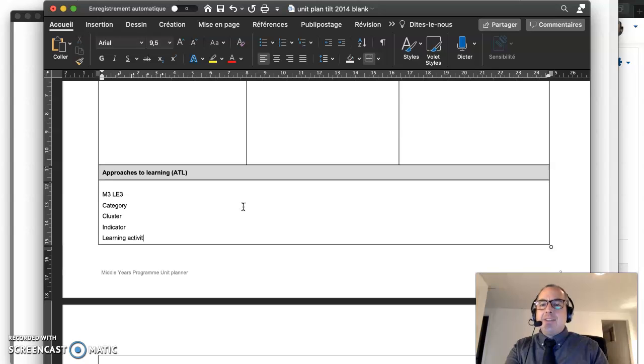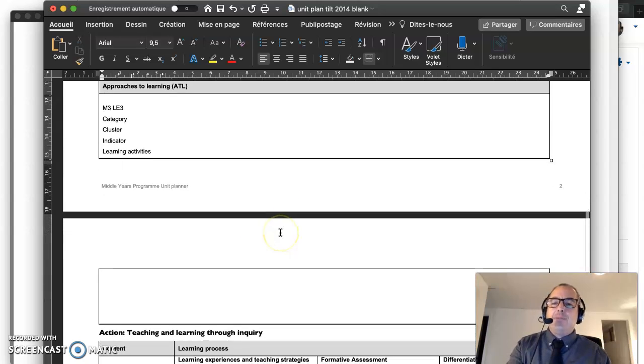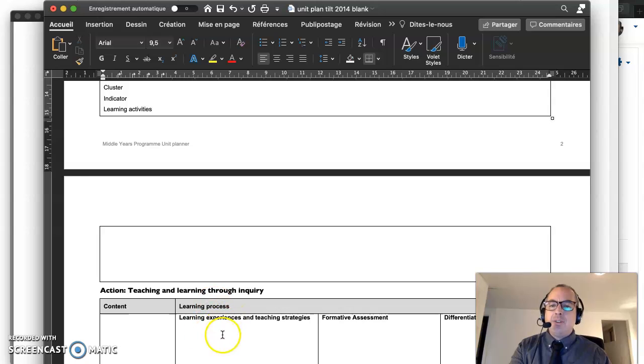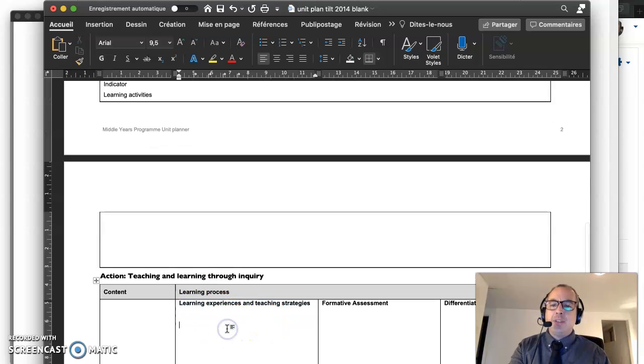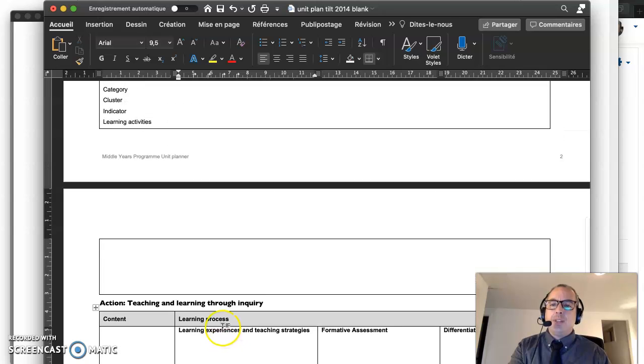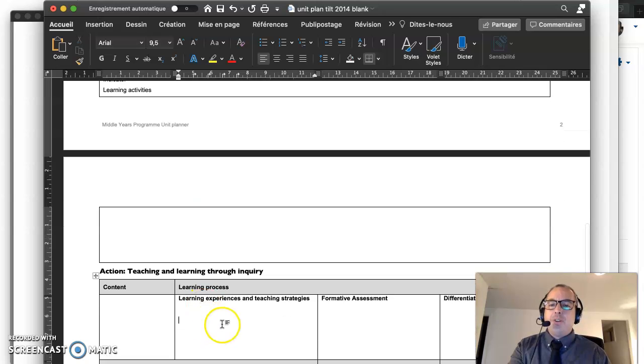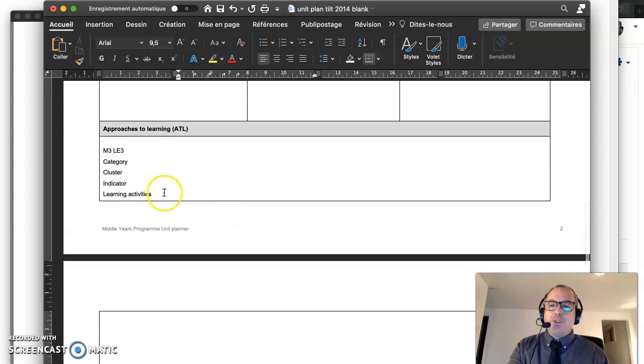I ask it there. I know it's repetitive perhaps with here, where the learning experiences and teaching activities will be written down. So when you are going to do that, it's going to be part of that will concern ATL skills. I ask my teachers to write it down here as well, because as a coordinator, when I try to do the grid, I don't want to have to look at what has been done specifically in your class,